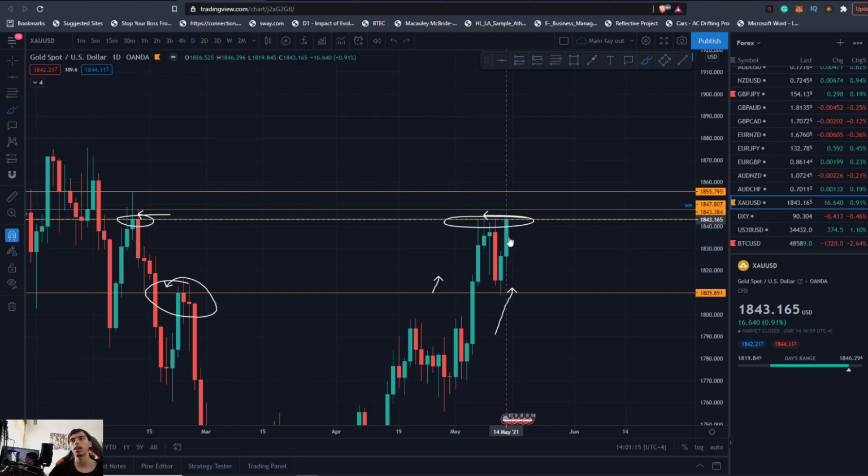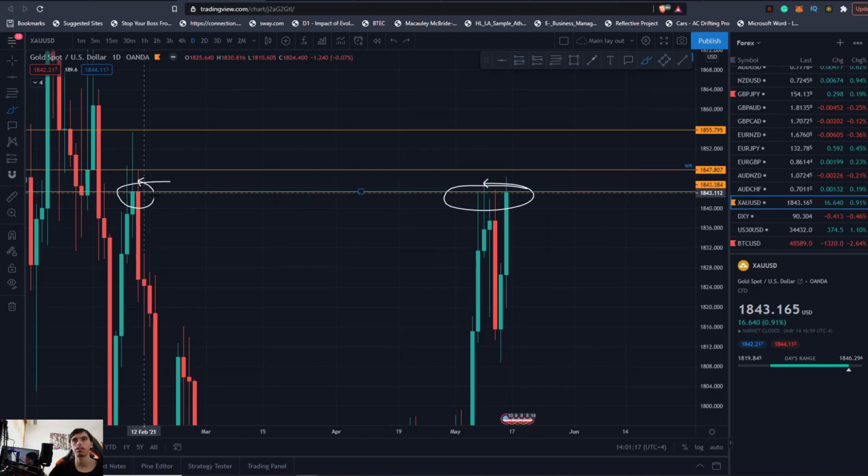And what's your target? Well, it's the last significant resistance, which is back up there. And guess what? It hits that resistance and you see a reaction. That's your reaction. So at this point you want to wait and see what the market is going to do. Then we can start analyzing on the lower time frames and so forth.